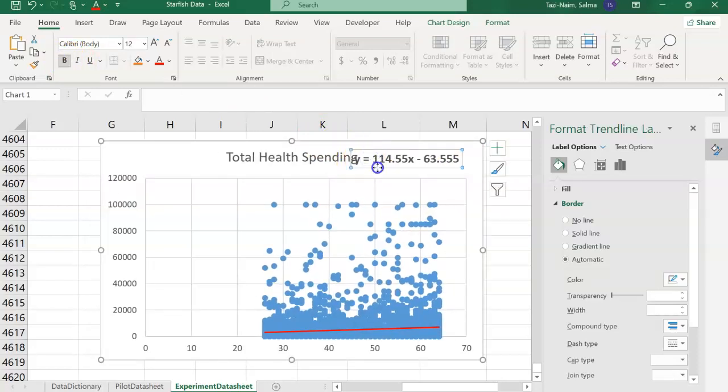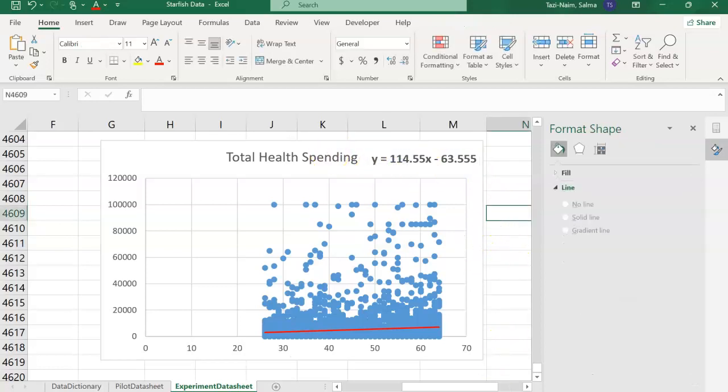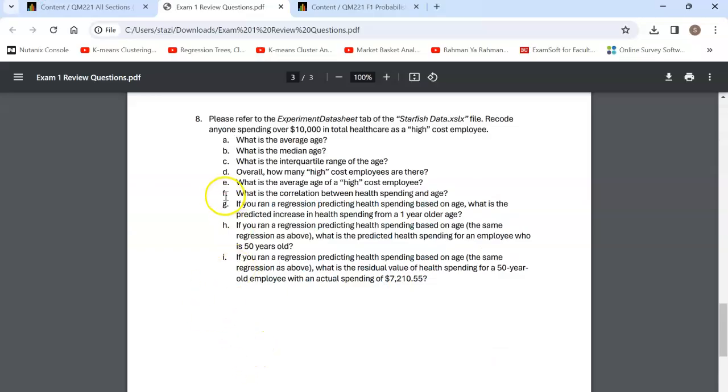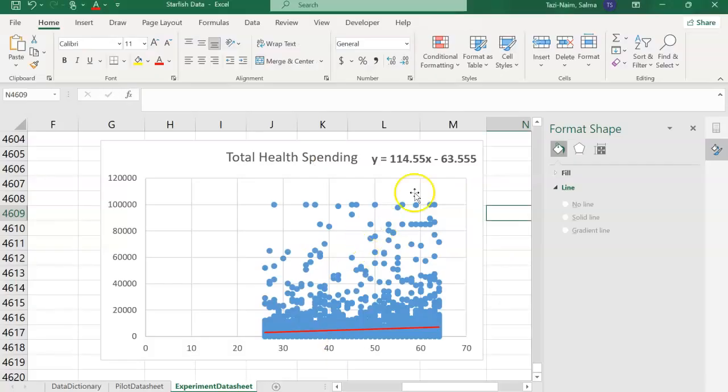Okay. So to answer the question, let's go to the question again. If you run a regression predicting health spending based on age, what is the predicted increase in health spending from a 1-year-older age? Older age means when we increase age by 1, by how much health spending is increasing according to this? And the answer is